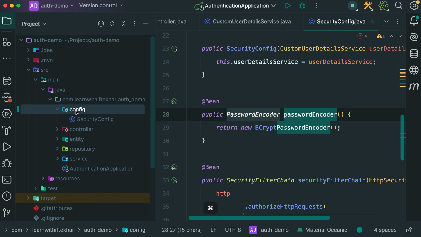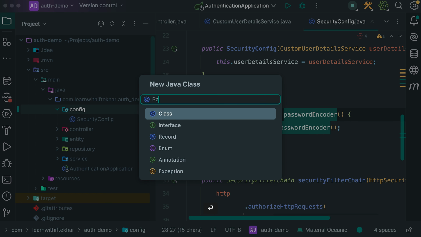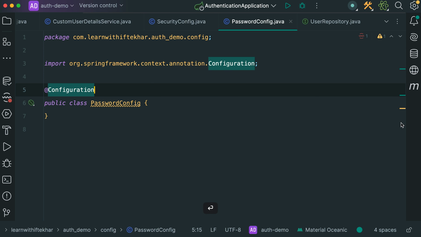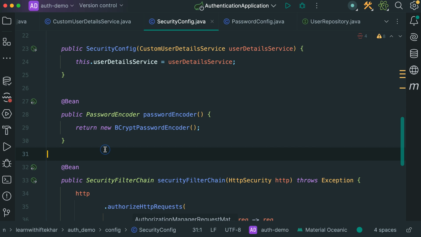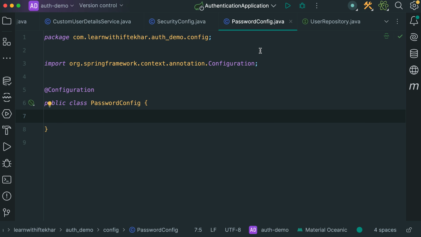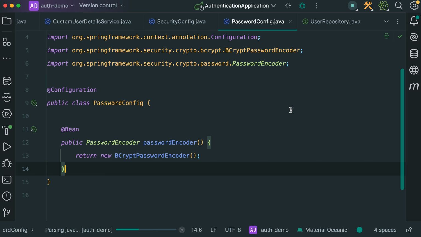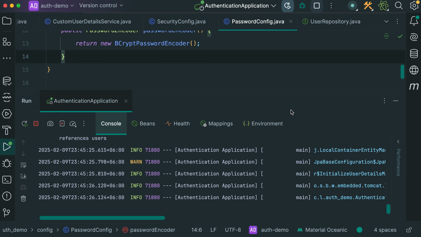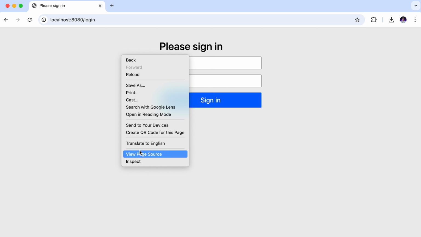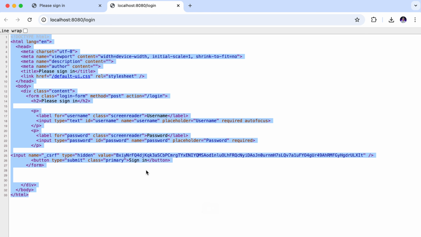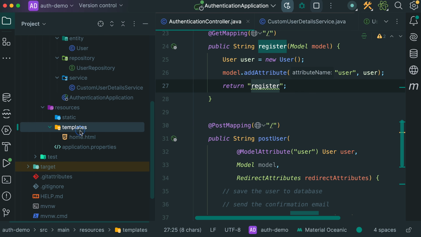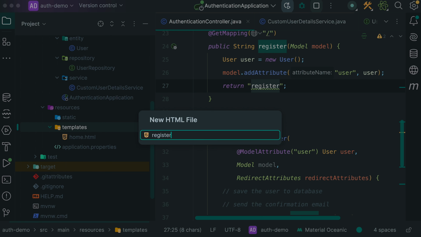Inside a config package, create a new class, name it password config. Annotate it with configuration. Back to the security config, cut the password encoder bean and paste it into the password config class. Now start the project. This time it started successfully. Opening browser, view page source, copy the HTML code, inside resources, template directory, create a new HTML file, register,